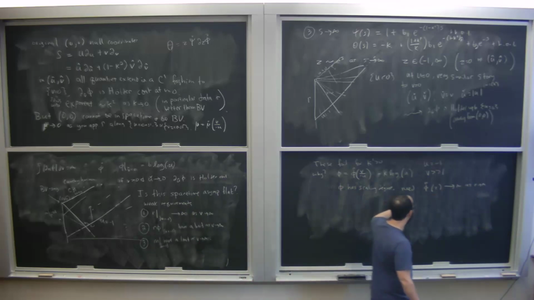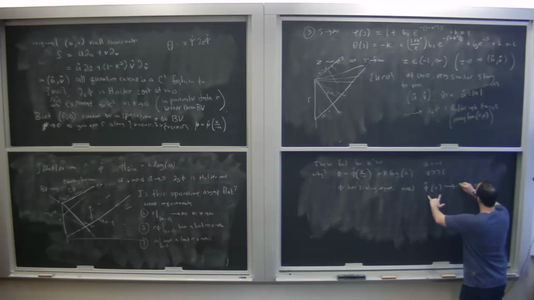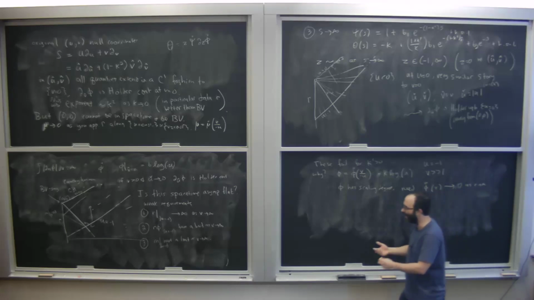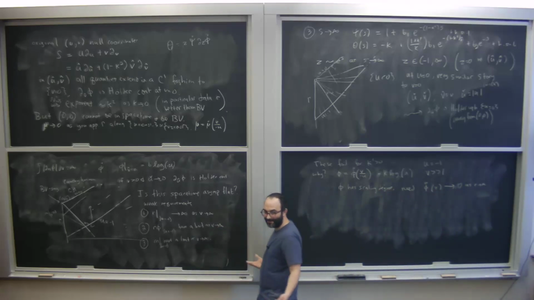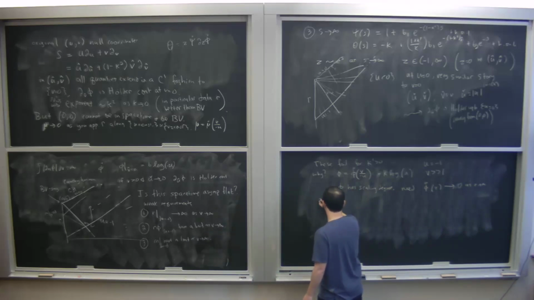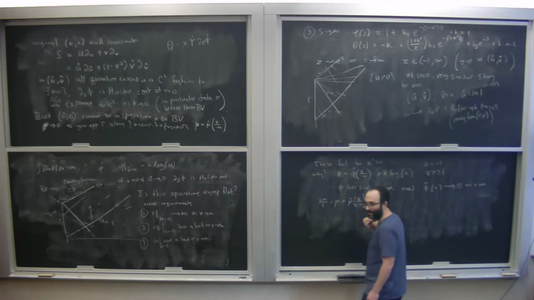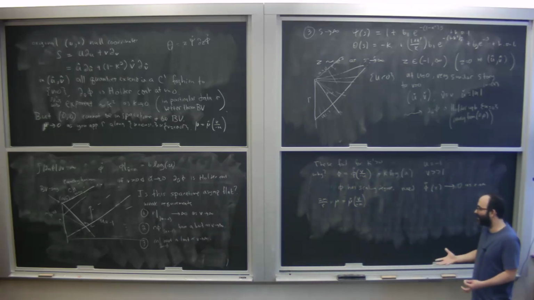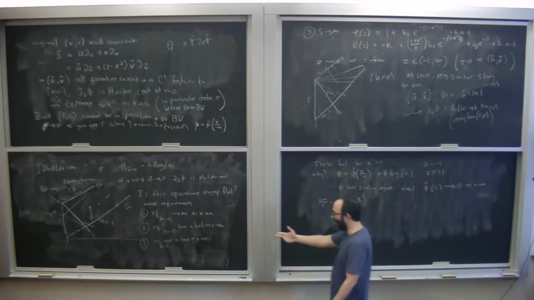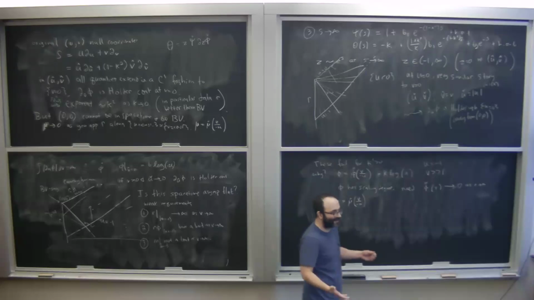So in order for that to possibly be true, I would need this to go to 0, and moreover, I would need it to have the correct decay in z so that when I multiply by r, I get a limit. By scaling, there's no reason for that. Similarly, remember that 2m over r, which is equal to mu, is also just a function of v over minus u. So again, the natural scaling is that m behaves like r, not that it is finite. Just by natural scaling, it would diverge.